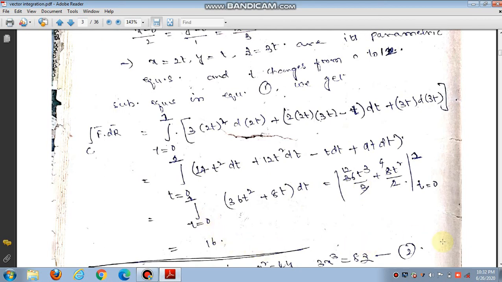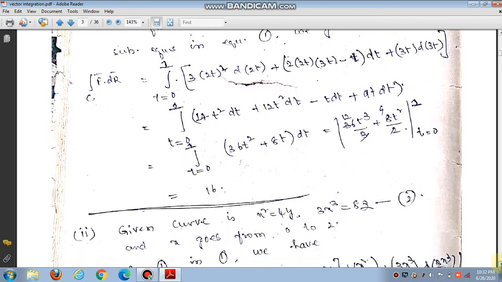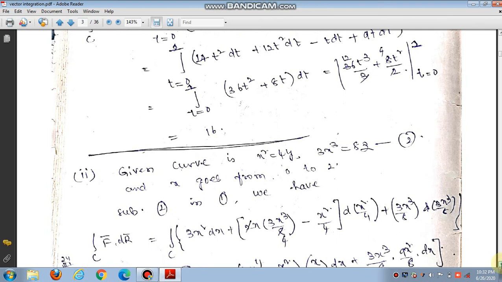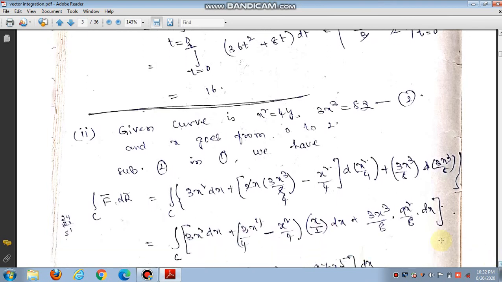Now in the same problem we have another model, so now I am going to discuss that. Here the curve is given in the form x² = 4y and 3x³ = 8z, where x varies from 0 to 2. Now in equation 1, wherever we have y, we put y = x²/4, and from this we write z = 3x³/8. And similarly